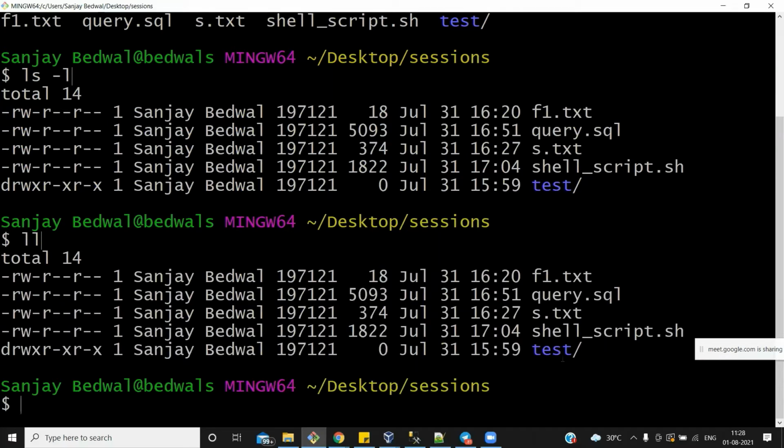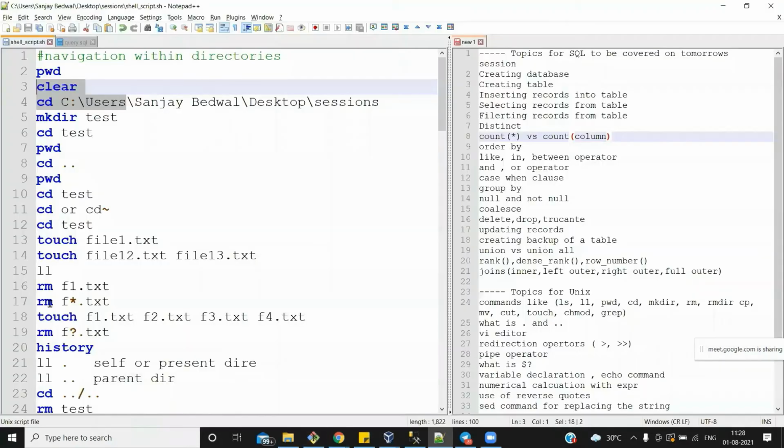So what is this output? This output is a very descriptive output related to this particular file or directory. It shows the permissions, that is, which people have which permission over this file, who the owner of this file is, the size of this file, and the modification date of this file. I don't remember what all these links are right now. You can Google it. What is one here? What is 197.121 here? But the rest of the things I know. 18 is the size, and this is your modification date, right? Now let me cross check.